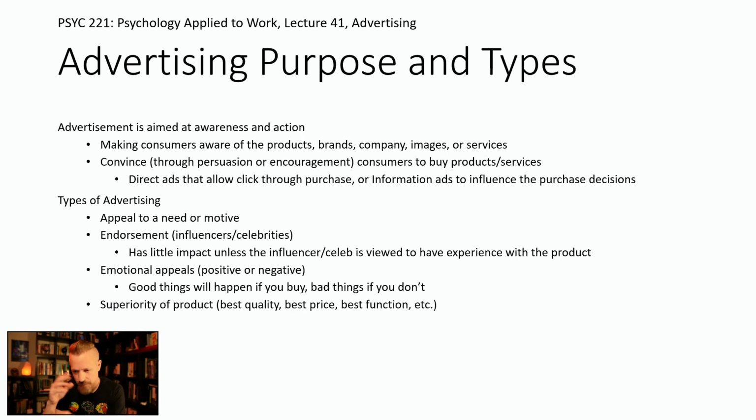There's also superiority of the product. So you're looking at a lot of things involved in decision making here, and a lot of them are status oriented, but it can also be practical and goal oriented. But you're trying to establish why your product is superior. This is the best quality. This is the best value. This is the best price. We have the most functions. Ours works the best. Solves all of your problems perfectly. This is the thing that is the most visible, and everybody will love it. Whatever the dimension is around superiority,